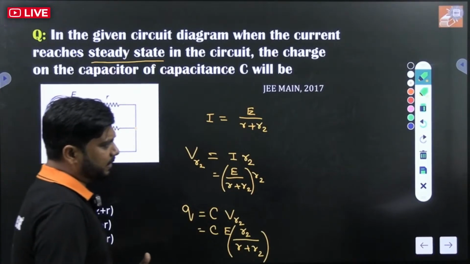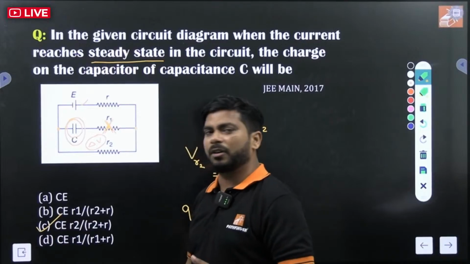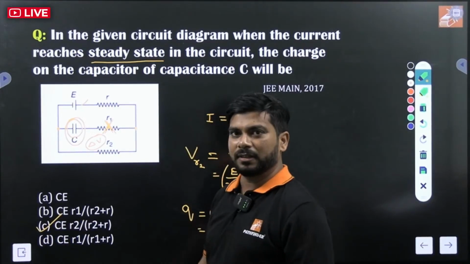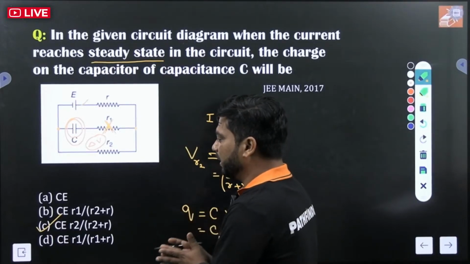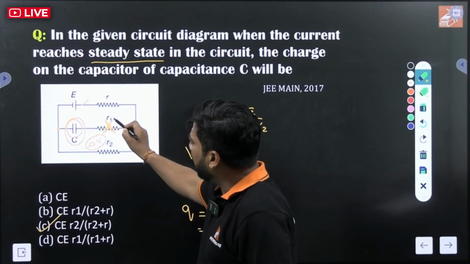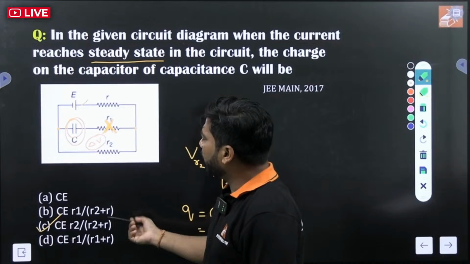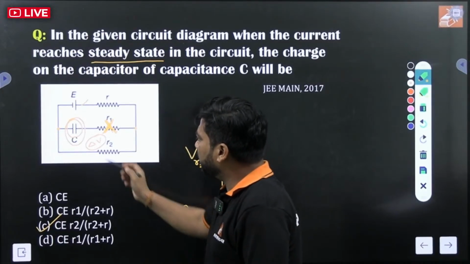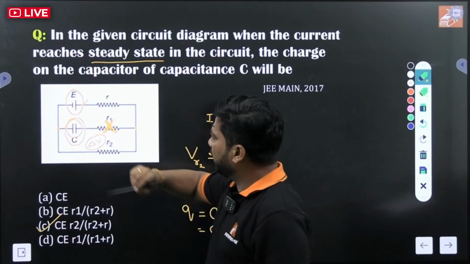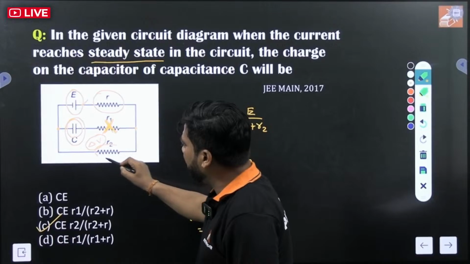Now even if you don't know the process, you can eliminate the answers and reach this solution. How you can eliminate the answer? Because this is also going to help you in examination. जब टाइम कम हो तो एलिमिनेशन मेथड भी वर्क करता है. कैसे? सबसे पहली बात, जब ये R1 का कोई रोल ही नहीं है तो ये R1 आंसर में आएगा ही नहीं. और सबसे पहली बात कि जब इसका टोटल ईएमएफ E है, तो कुछ तो पोटेंशियल ड्रॉप यहां पे करेगा,